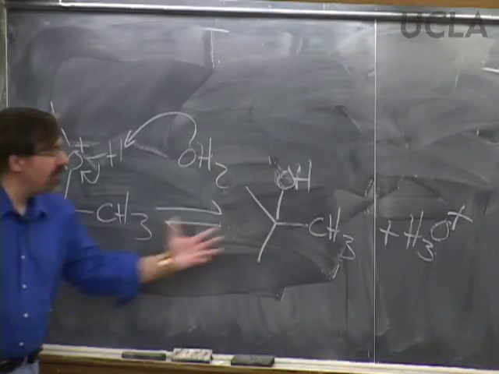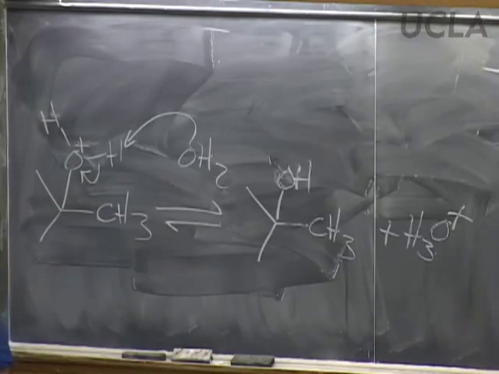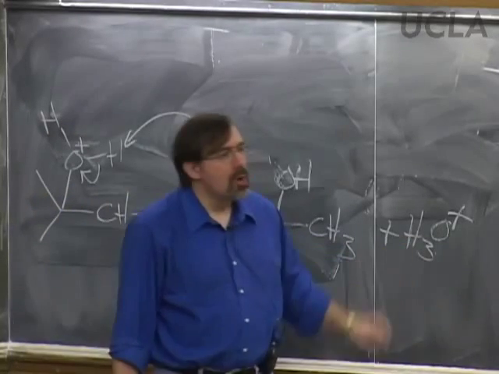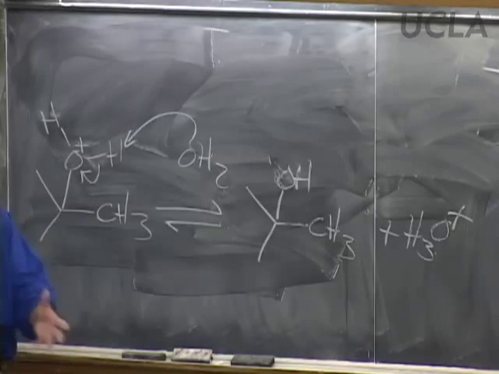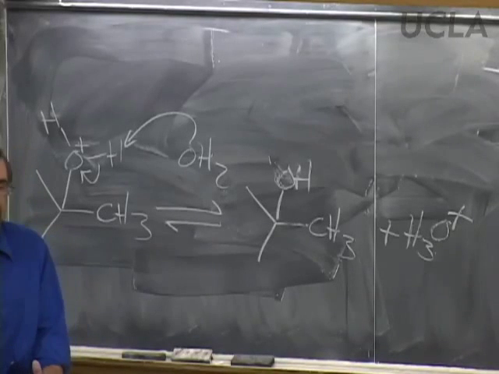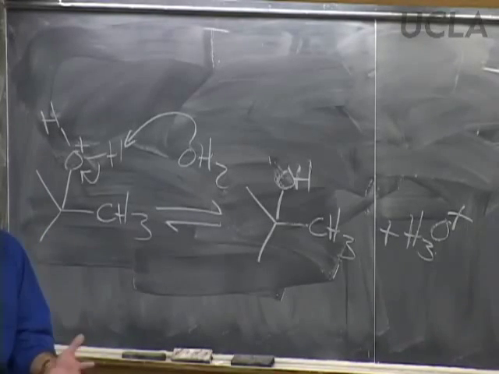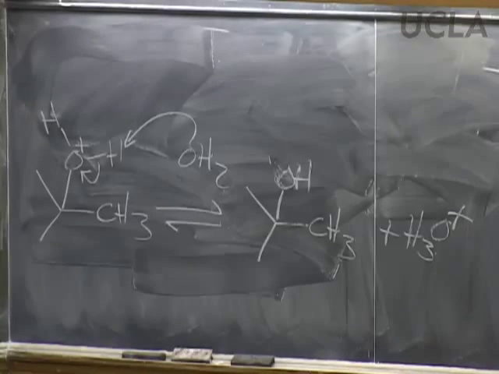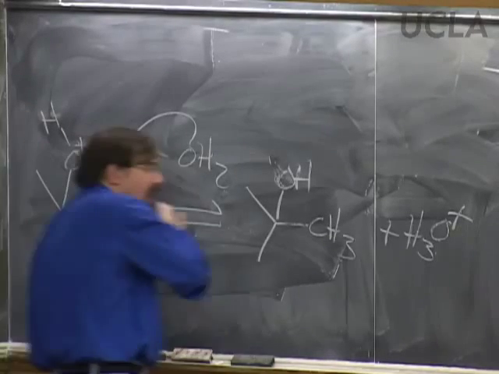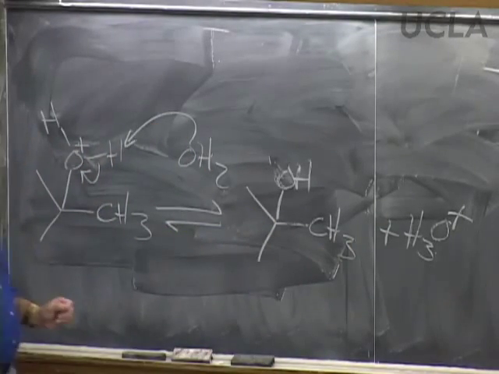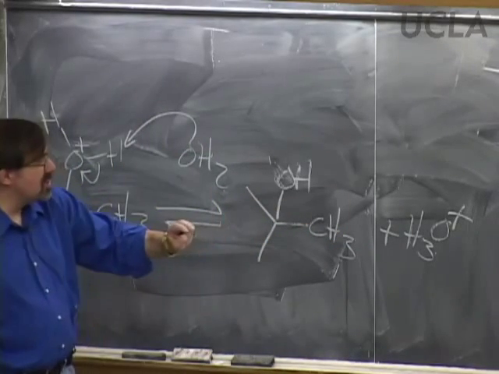So why does this even happen? It's not an improvement in stability, really, because we're taking oxygen with a positive charge and 3 bonds and 1 lone pair and no special stabilization to another oxygen with 3 bonds and 1 lone pair and no special stabilization. So that's 50-50, but there's a whole heck of a lot of water. It's the solvent. What did Le Chatelier say when you have a whole lot of something? You use it up. The equilibrium tries to shift to get rid of it. So by having a whole lot of water, we're putting pressure on this side of the equilibrium. It shifts in that direction, and we end up with a proton more attached to water as H3O plus than